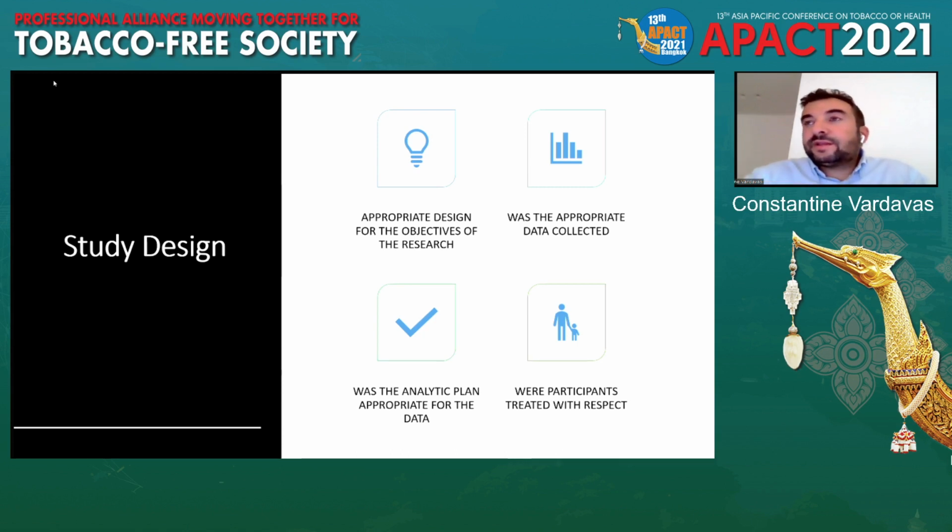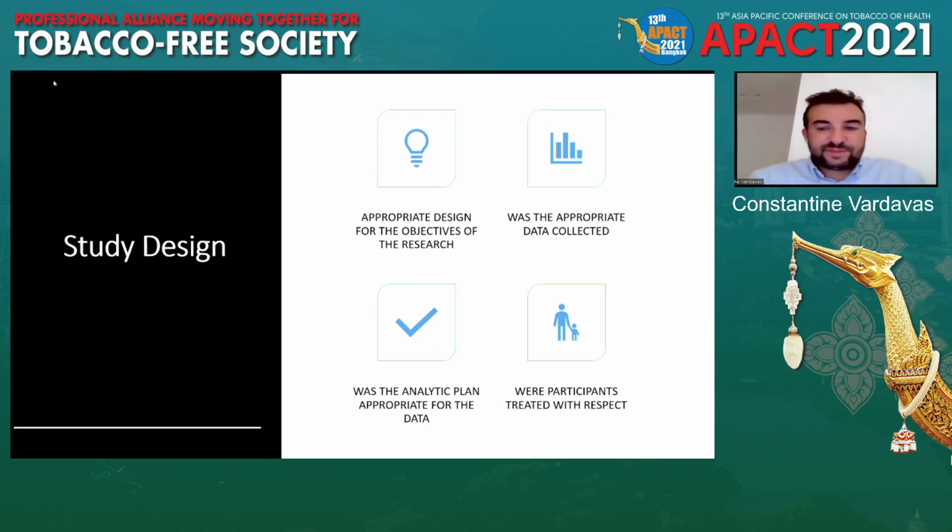Then the second step is whether the data is appropriate. Is the data correct, is the data appropriate? In other words, if you want to look at a pre-post intervention, you have to see what you are measuring to see whether, for instance, an intervention for smoke-free homes changes the smoke-free homes in a population. You'd see what was measured. Was it indoor cotinine? Secondhand smoke PM 2.5. Is it cotinine? Is it nicotine? What was measured? Is it self-reported? And was the analytical plan appropriate for the data? They all must match: the design, the data, and the plan.